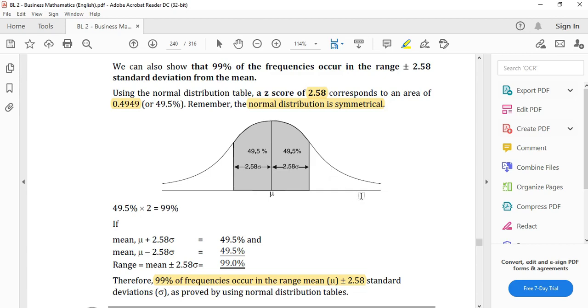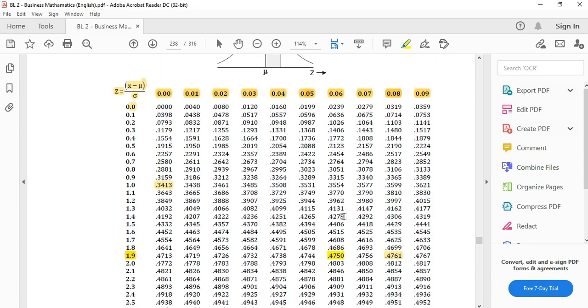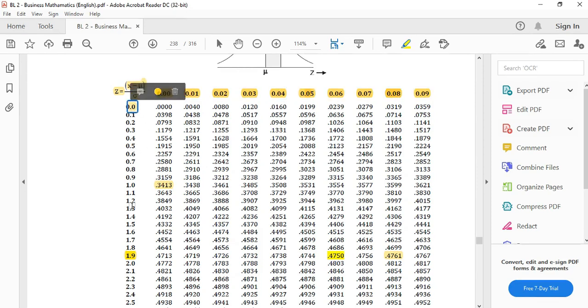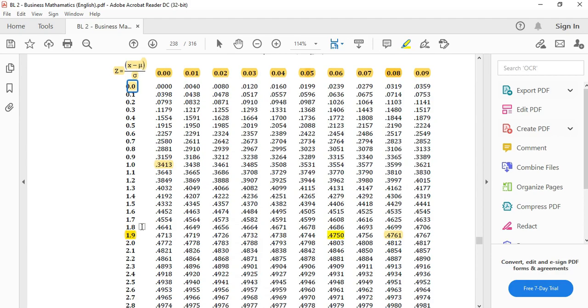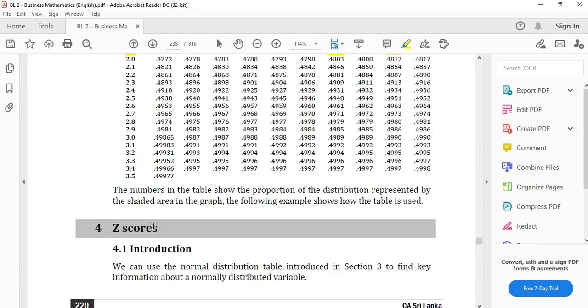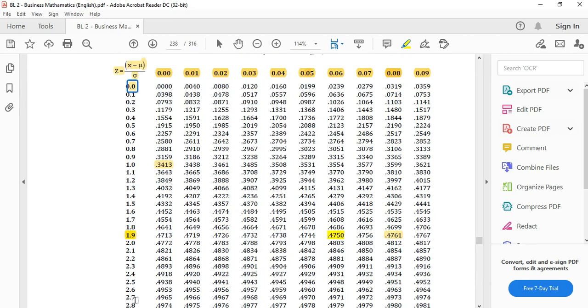Okay, so what is 2.58? Let's look it up in the table. Now for 2.58, horizontally we should look for the two decimal places only, while the whole numbers and first decimal place must be checked on the vertical line. First of all, we take 2 from this side. Then the balance I need is 0.58, so I look at this horizontal line.